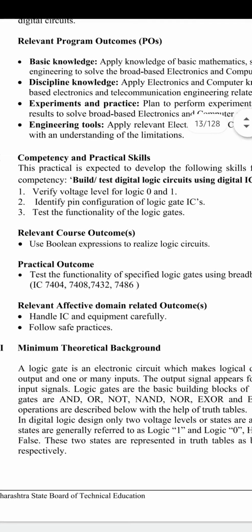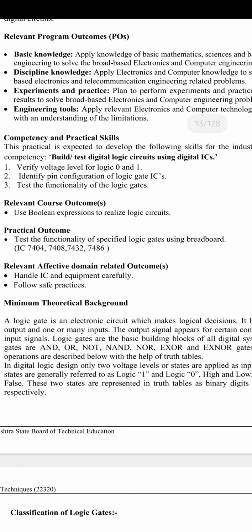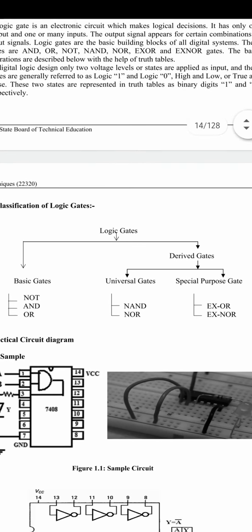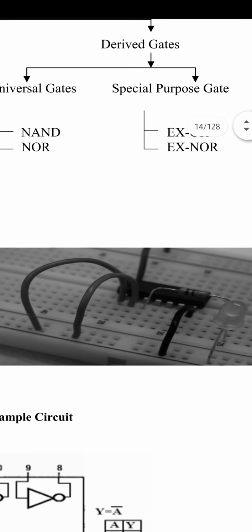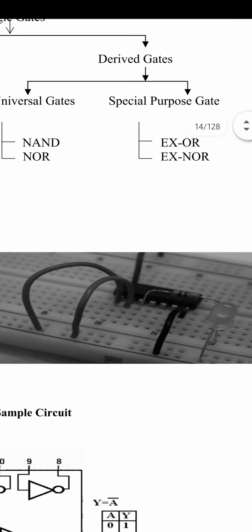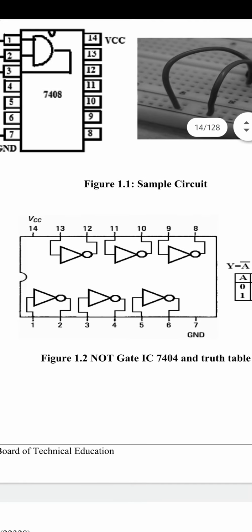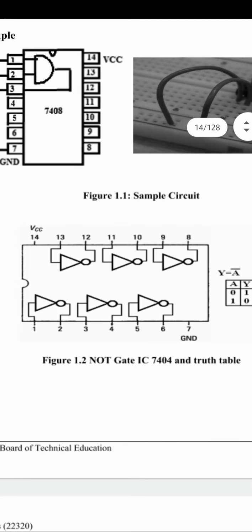In the practical outcome, we test the functionality of the specified logic gate using a breadboard. Practically we use a breadboard to test the functionality in this way. We have that IC, some wires, switches, and this LED, which is used to see the output. This is the structure of the IC. Now this IC is a NOT gate IC,